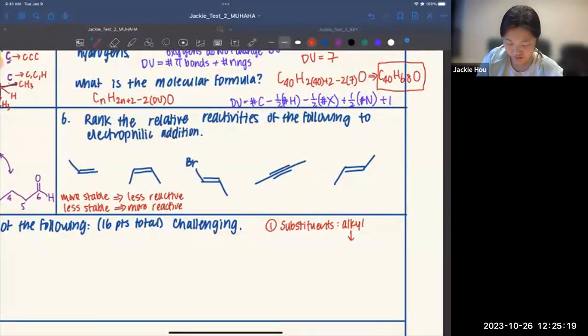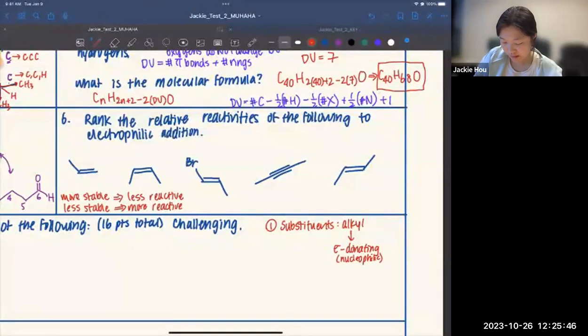So alkyl groups, remember how we talked about the overlap that's due to hyperconjugation, right? That's just electrons donating into it, making the bond more negative and making it more nucleophilic, right? So alkyl groups are going to be electron donating, and that just makes it more nucleophilic,